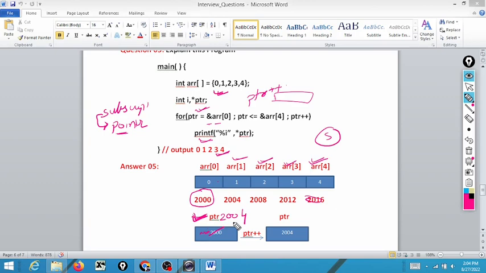Now at 2004, the second element of the array is there. The value at PTR is what? 1. Then again PTR++, this 2004 will be replaced with 2008. Value at 2008 is what? 2. Then again PTR++. Here, on PTR++, it will start pointing to 2012. Then at last it will start pointing to 2016. PTR is holding 2016. Then again ++, it will be